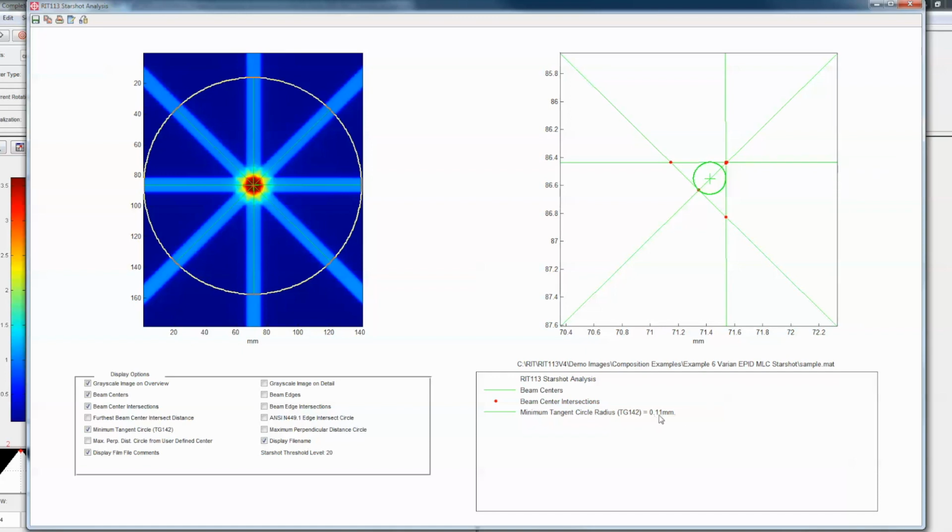It's really down to a very small minimum tangential circle radius for us. So now I could go ahead and save that or drop it into the database, and that would be my analysis. So this is an example of how the star shot works, and also a little bit about how